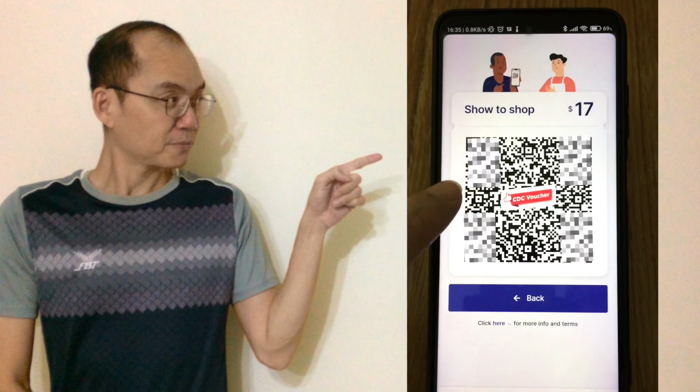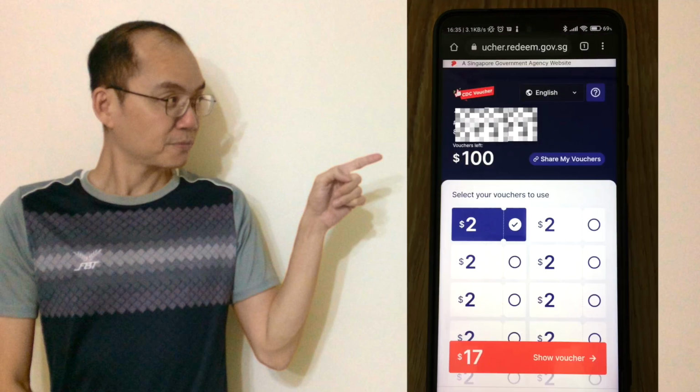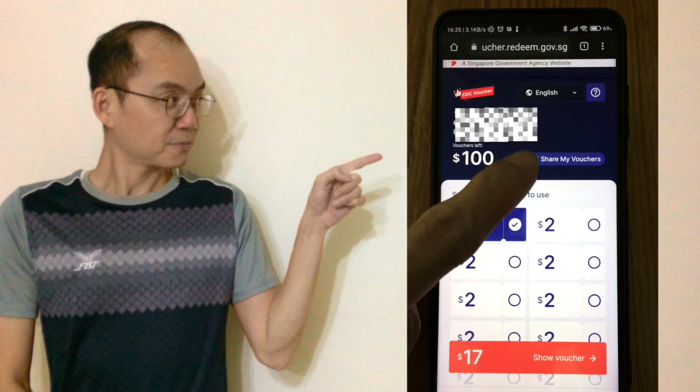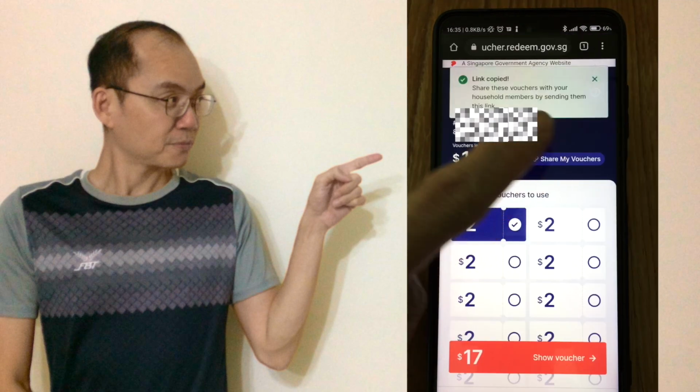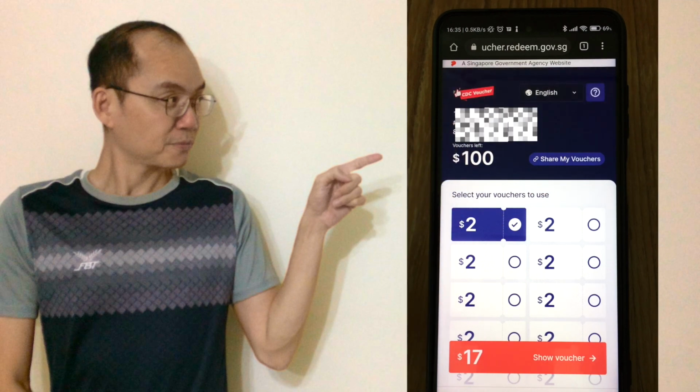Show this voucher to the hawker or merchant and they will use their app to scan it. Once they scan it, the amount will be deducted from your balance. You can also share your vouchers with your household members by clicking on this button. A link will be copied to your clipboard and you can share the link